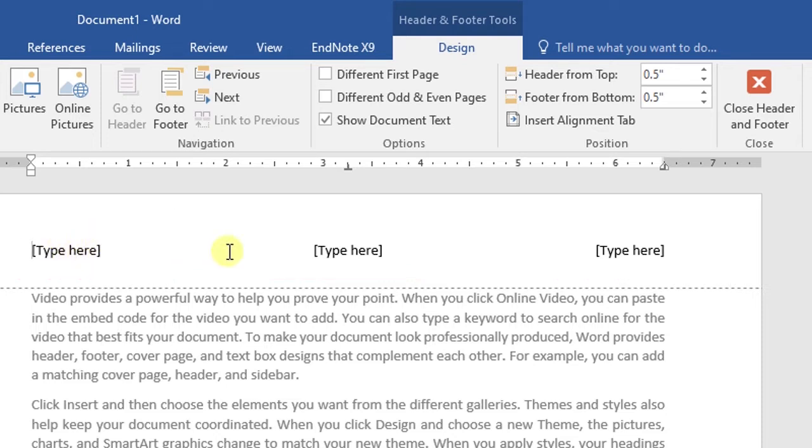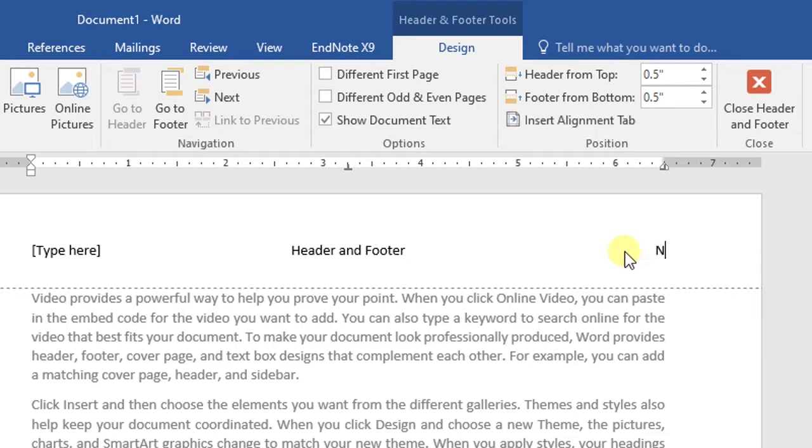Suppose we want to add the title here. Suppose we want to add the title header and footer. And here suppose we want to add the author name.